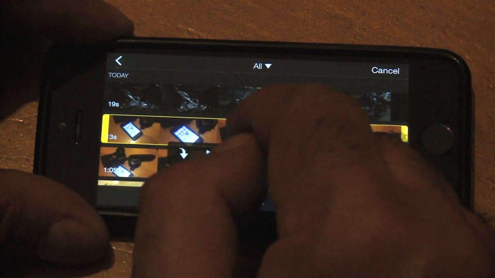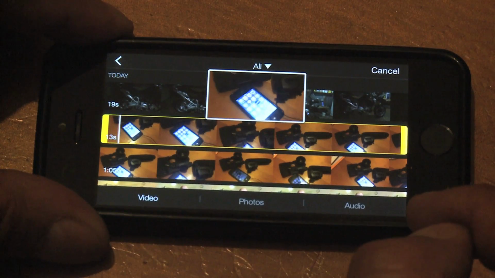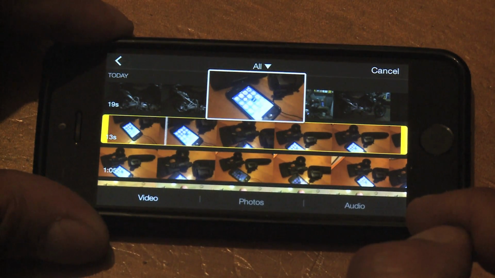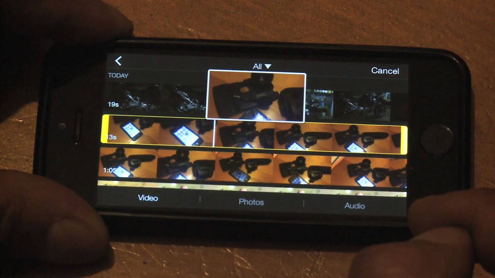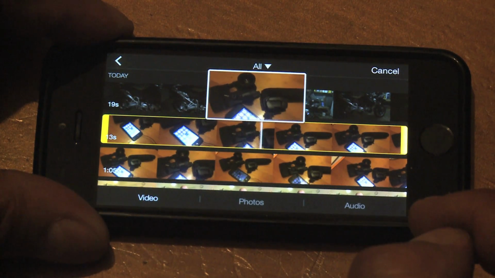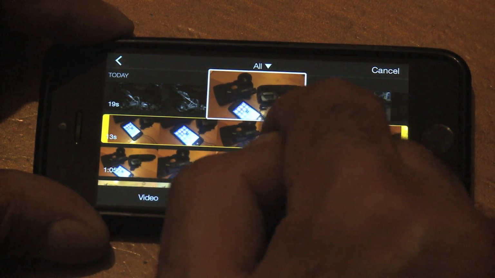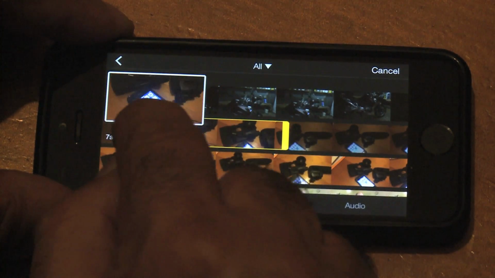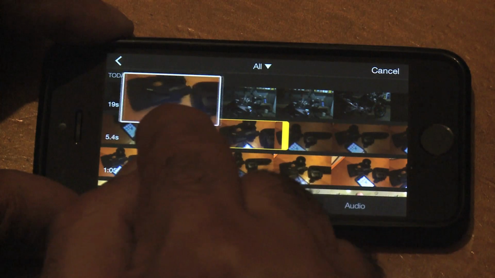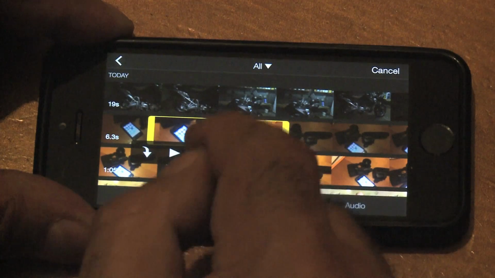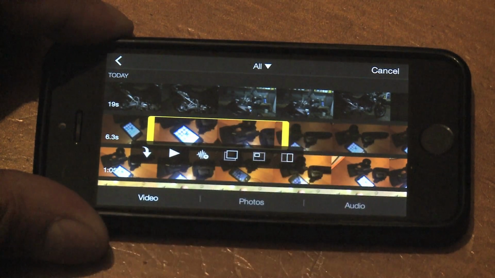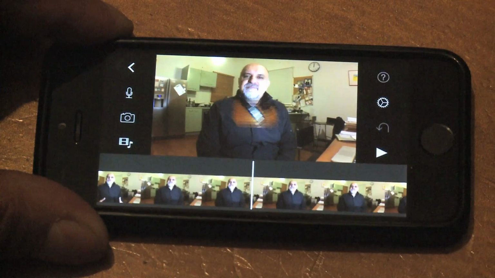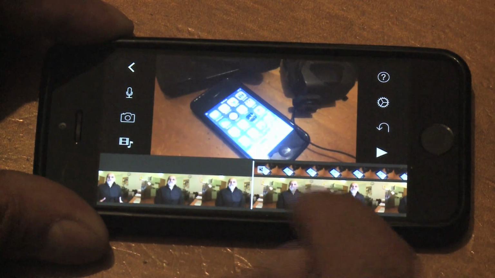So we go back, we hit our film icon. We look for our shot of our smartphone. There it is. Cradle and a microphone. Okay, so I reckon we could probably go like that and probably go in there until it starts to move. Then we tap that picture on picture icon. That's those two little bars. We tap that picture on picture icon and that puts it into the timeline as B-roll. Let's put it on top. So now what we get,